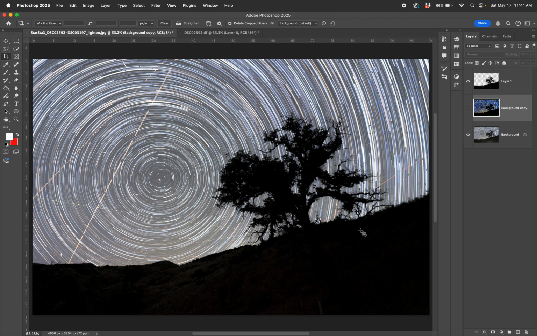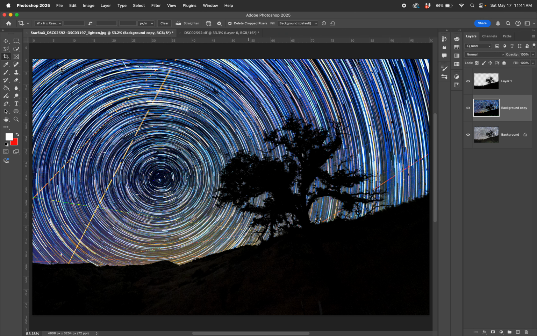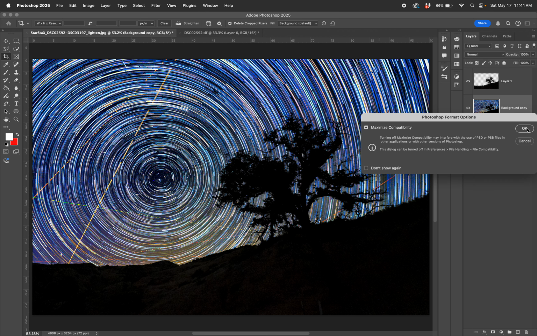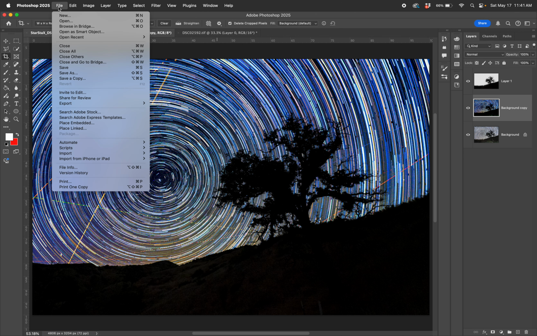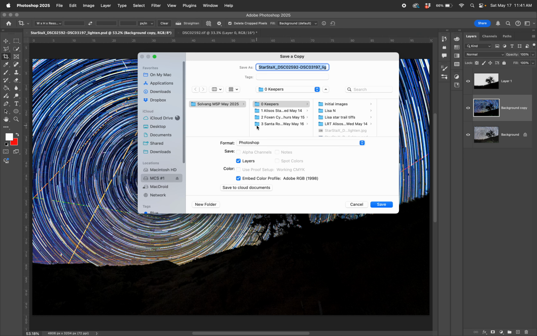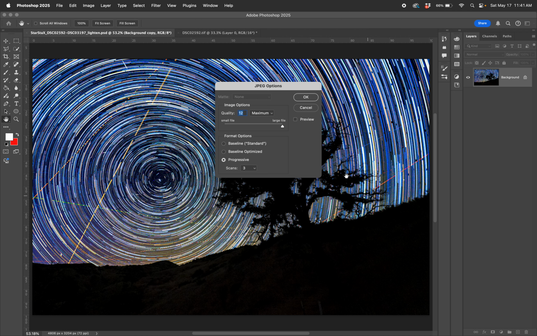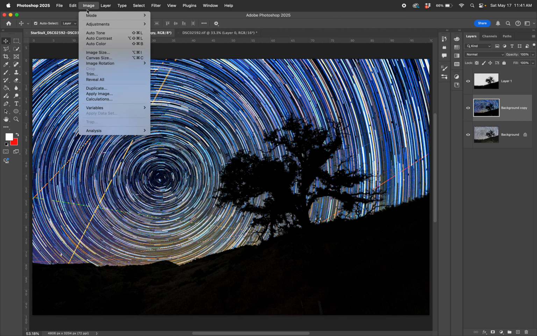When you're done, of course, you can then save the whole thing as a Photoshop file. You want to keep all that work you just did. So the first thing I do is I always save the Photoshop file as is. And then I will save a copy as a JPEG file. So this is going to be a large-ish JPEG file. And then the final thing I'm going to do is resize the image